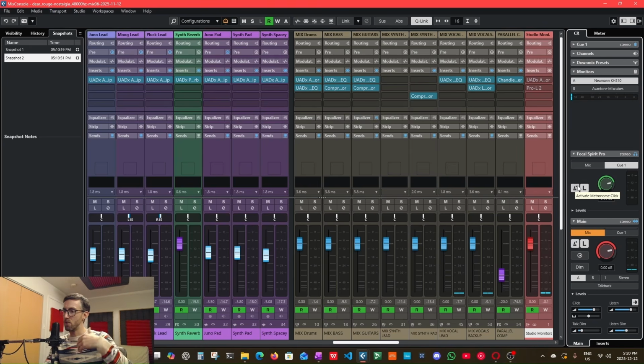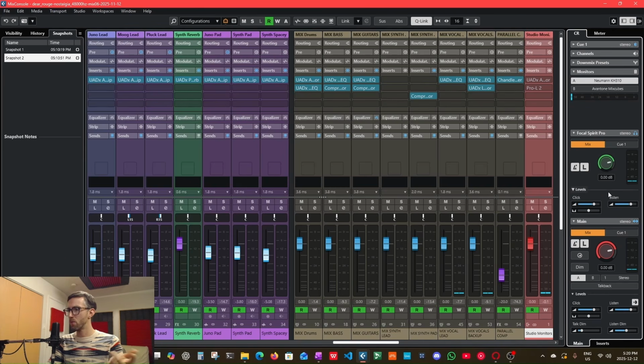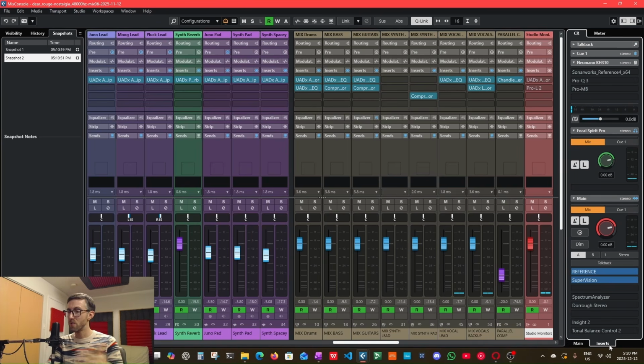And again, it's just a click away from activating or deactivating an output, switching between the cues in the mix, doing level adjustments, adding in or removing the metronome. There's also individual click levels and listen levels and panning and all this different stuff in here. It's really, really nice. Not only that, but you can also do insert plugins for each individual